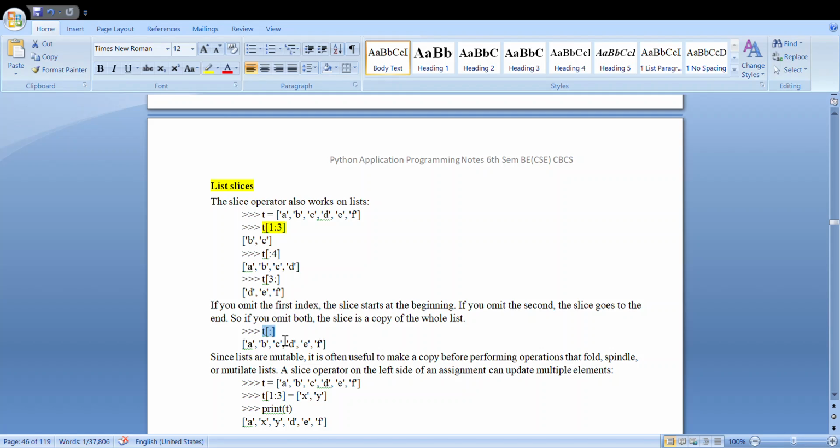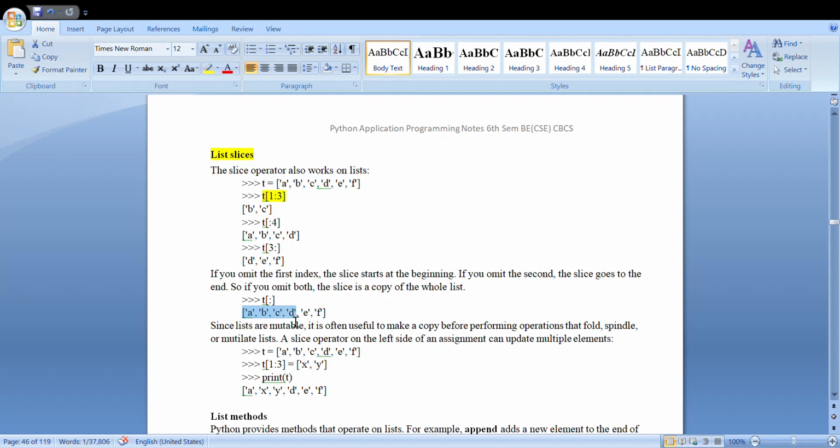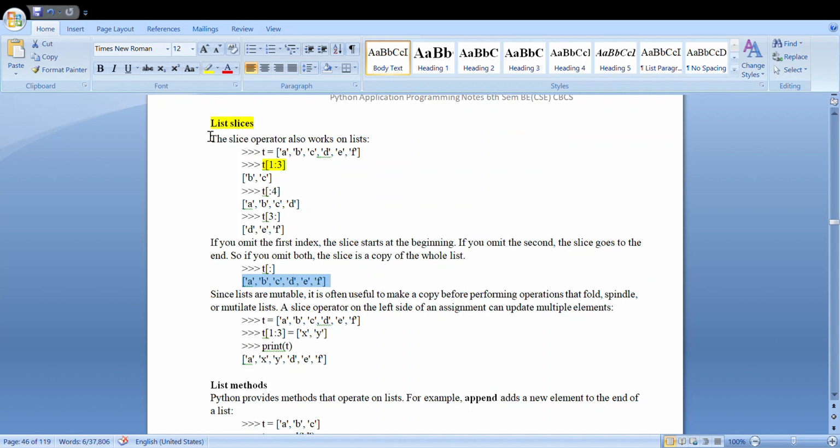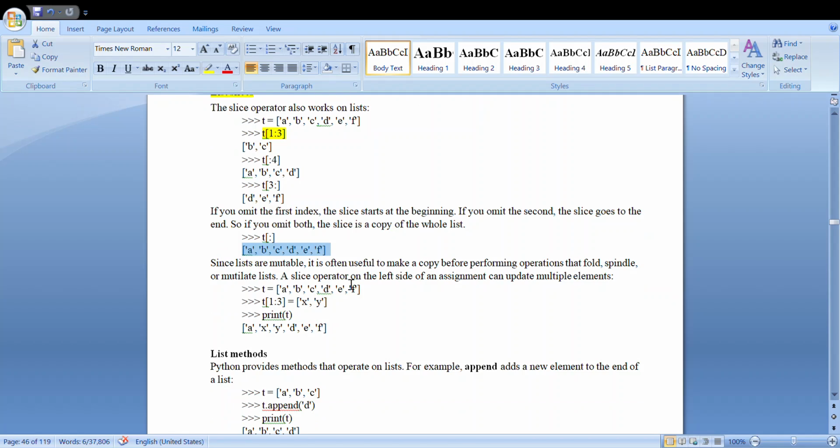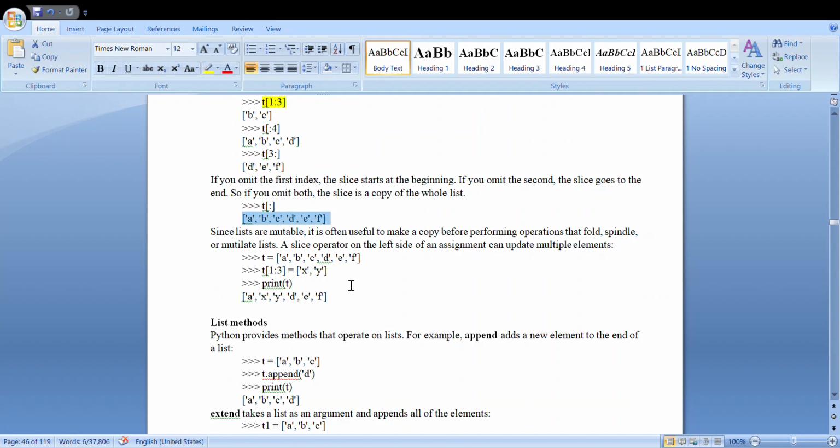When you are not specifying the starting and the ending index, it just assumes that from the beginning till the end all the elements must be printed. In this way we can use slicing even in a list when you want to perform selection and retrieval of any part of the elements within the list.